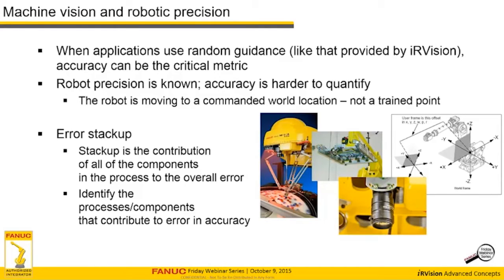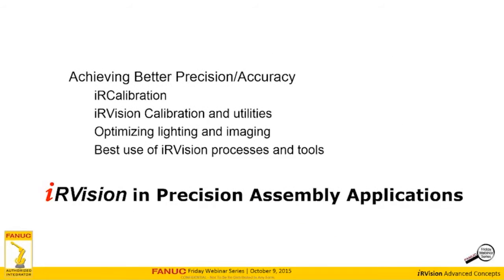There's always stack-up error. It goes from the robot, as you see in my pictures here to the right, to the gripping mechanism. Of course, the camera is involved, and depending on your application, it may even extend to the accuracy and reliability of your taught user frames. So as you go into a precision application from a technology point of view, let's make sure that we always identify the processes and components that might contribute to this error stack-up over the broad scope of the application. Okay? Moving right along,